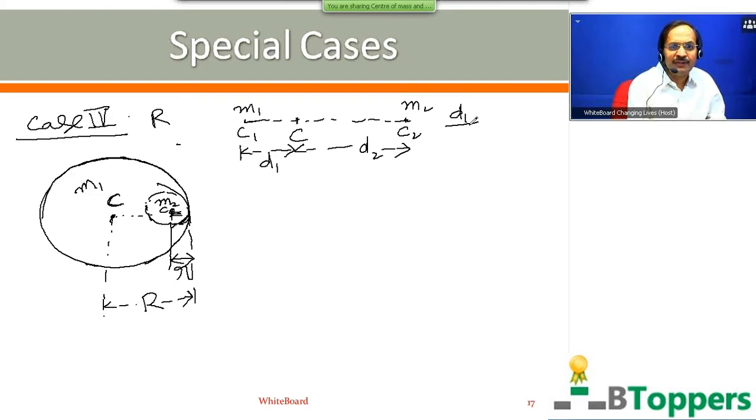So the ratio of distances of the two bodies from their center of mass will be equal to the inverse ratio of their masses. So C1 is the center of mass. Coming back to the special case, C1 is the center of mass of the remaining plate with mass m1. C2 is the center of mass of the circular piece of mass m2 which is removed from the edge. C lies in between C1 and C2, which means C1 lies to the left side of C.